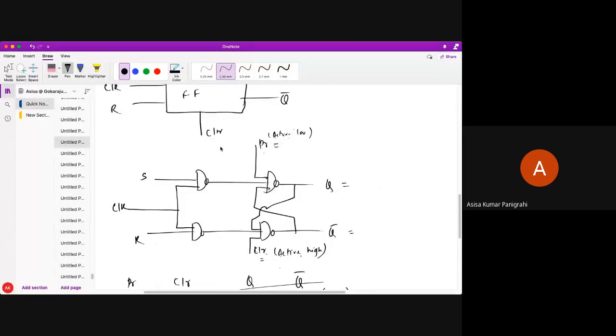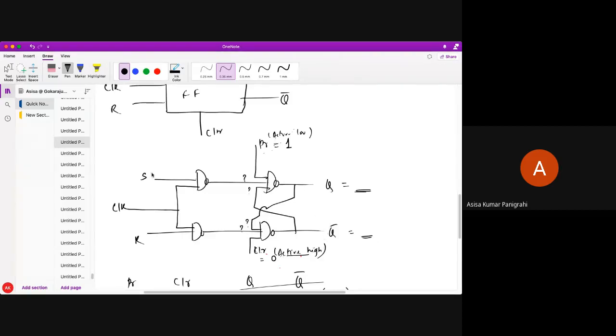Okay, this is active low, preset is 1, clear equal to 0. Preset equal to 1 means this is active low, so it is going to find out what this input and what this input are. So it is not going to give me the output over here. Also, clear equal to 0 means it's active high, so it is going to find out what those inputs are. So it is also not going to give me any output.